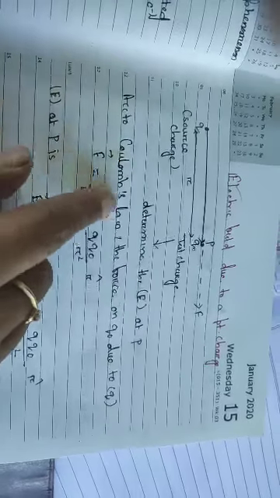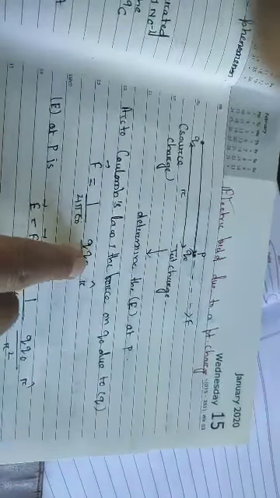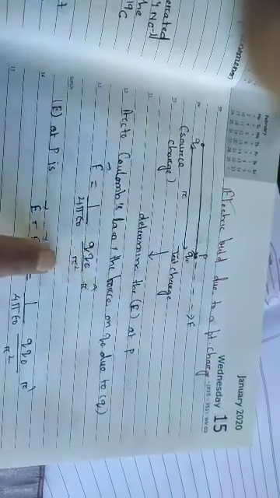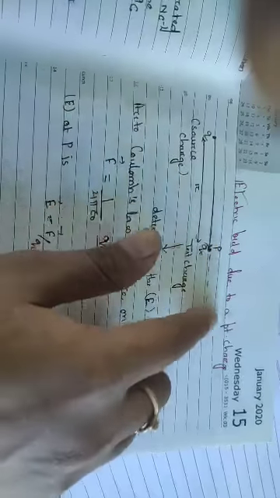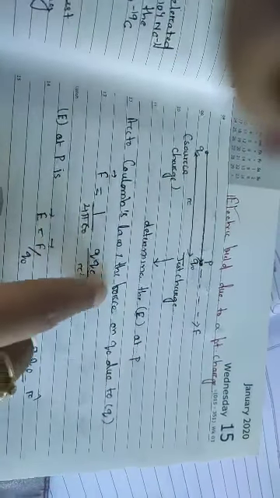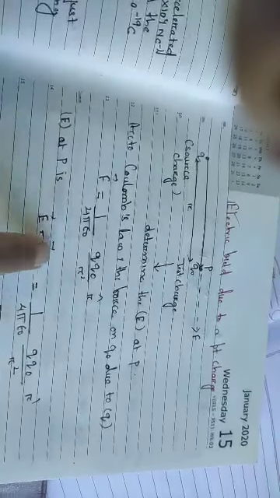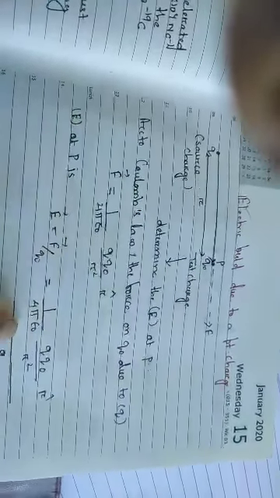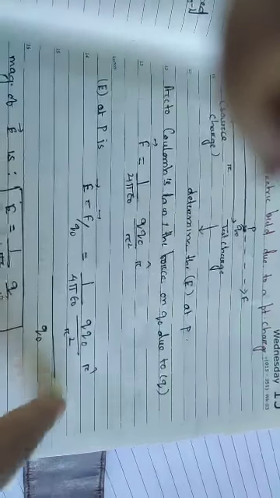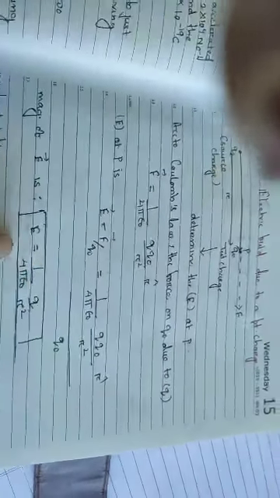As you know, F is equal to 1 by 4 pi epsilon naught, and two charges, one is Q, another is Q naught. The distance of separation is r, so r squared, and as it will represent the direction, I have taken r cap. Now you know the formula, E is equal to F by Q naught. You got the force value this much. You put it like this, divided by Q naught. Q naught will cancel, and you will get the formula E is equal to 1 by 4 pi epsilon naught